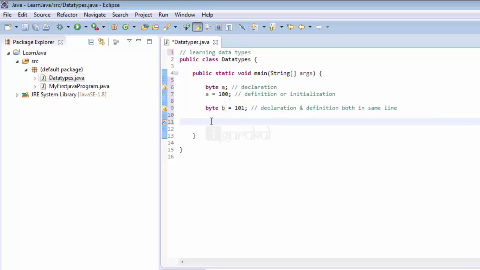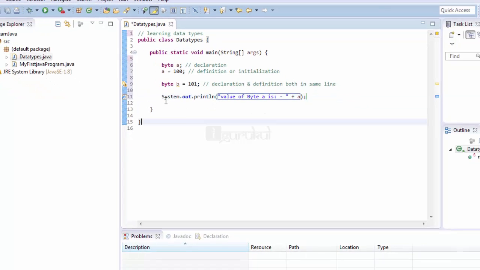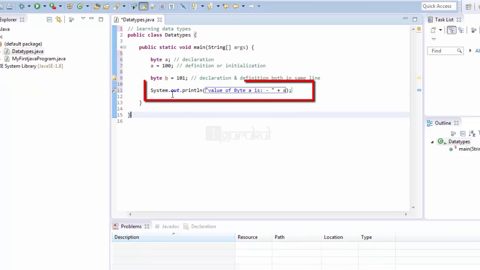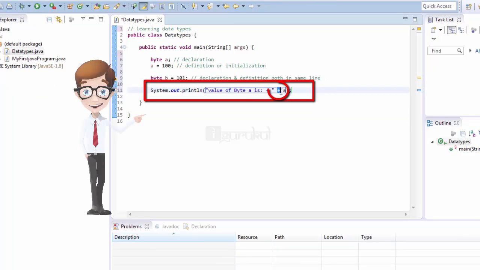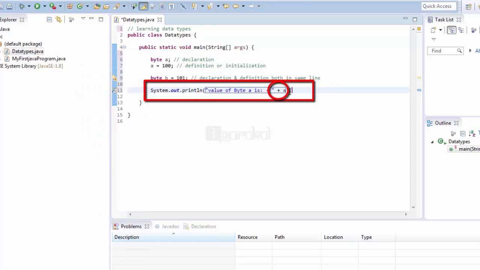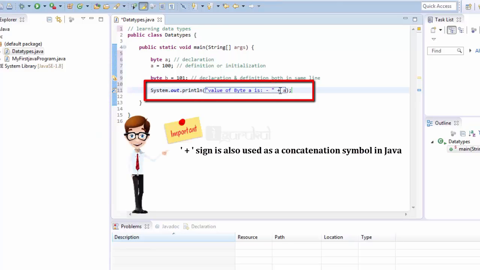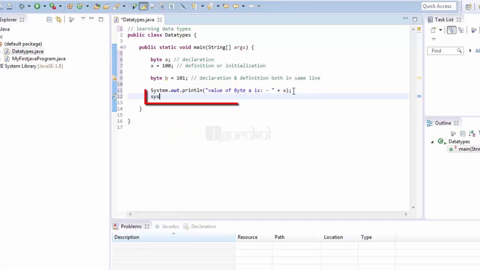But how will we know that byte is in the range of -128 to 127? So let's just print it out first and see the output. See, what I have done here is I have given a statement to print a line, and to print the variable I have concatenated it with the statement. So whenever you want to print a statement with a variable, you have to concatenate it with the statement. That is, you have to use the plus operator. And if you just want to print the variable, you just write the variable. Both will work the same way. Let's execute the command and see.